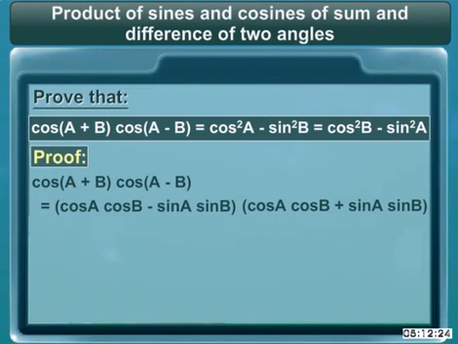Now further using the algebraic identity a minus b into a plus b equal to a square minus b square, we get it is equal to cos square a into cos square b minus sin square a into sin square b. Now we can